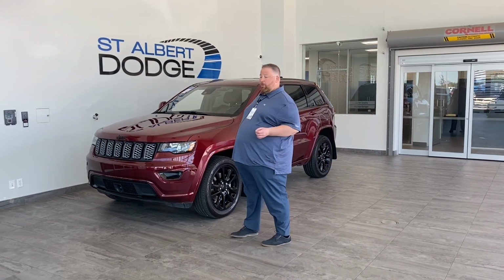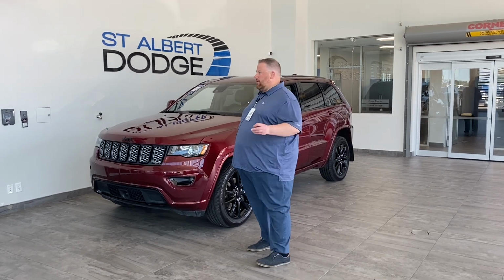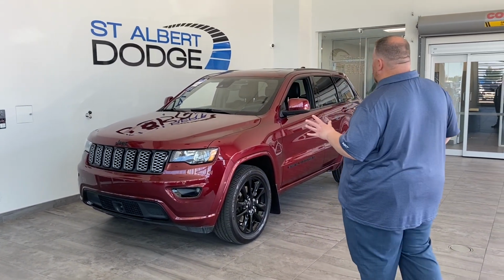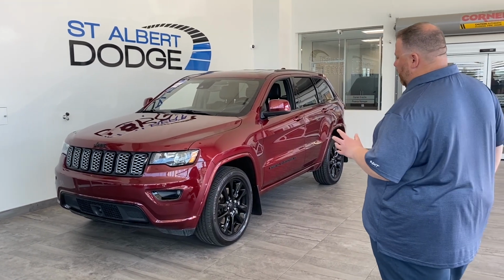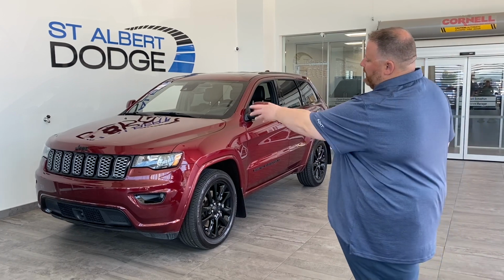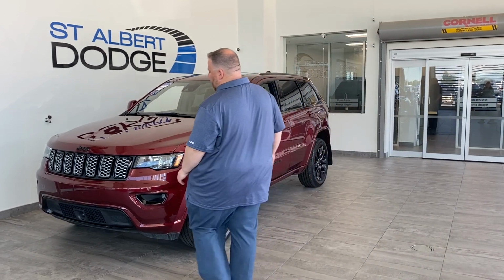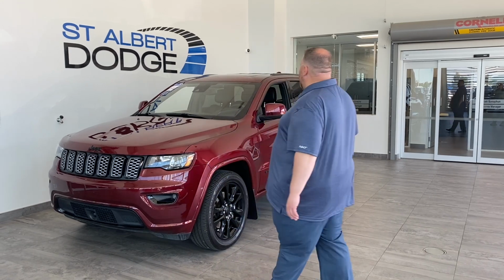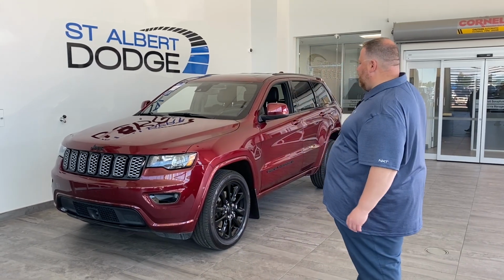This is what they call the Altitude package, a 2BZ. So it's Laredo with that Altitude pack. What that gives you is the contrasting appearance group. So you're gonna have like black rims, badging, headlight surrounds, you get the grille. Let's get the black surround as well with a little bit of chrome in there just to make a good, nice contrast. And then we'll show you the interior in a moment, but beautiful red pearl